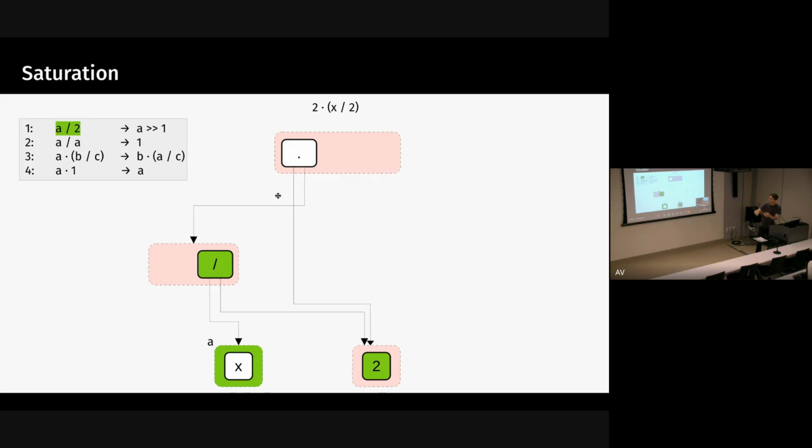A could be anything, right? And on the right-hand side, you have the value 2. So we have identified this. It means that we know that this division here is equivalent to shifting a, whatever a is, by 1 to the right, okay? So that means we're going to be adding a new operator in the equivalence class of the division to say that whether I divide x by 2 or whether I shift x by 1,